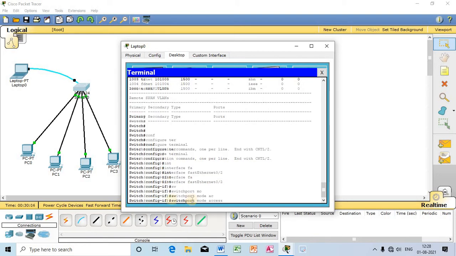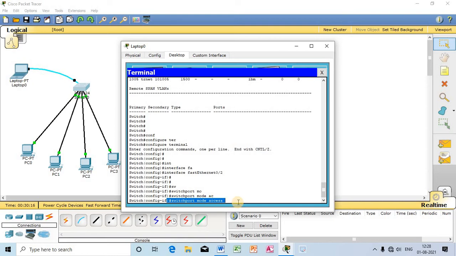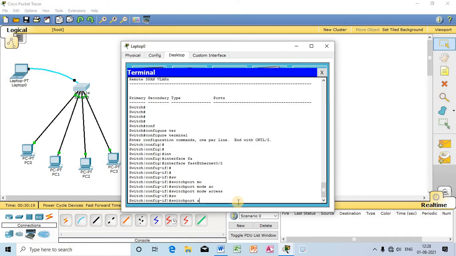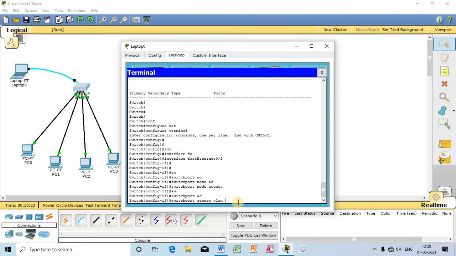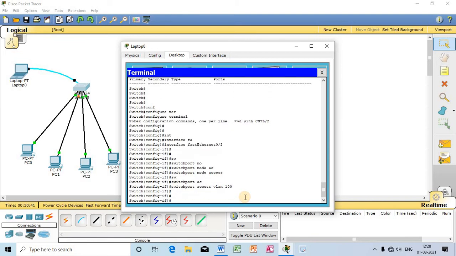Switch port mode access, this is the command, followed by switch port access VLAN 100. I will again move this particular port under VLAN 100. Successfully executed.